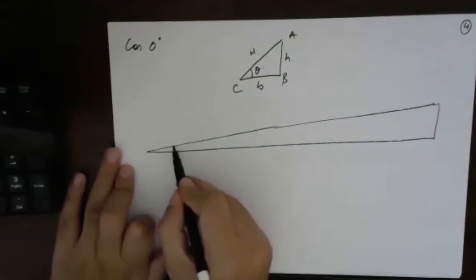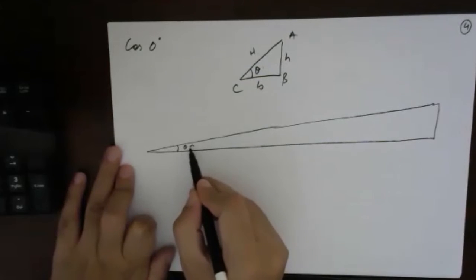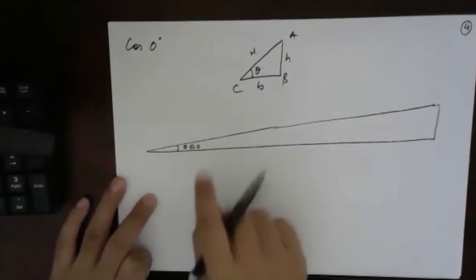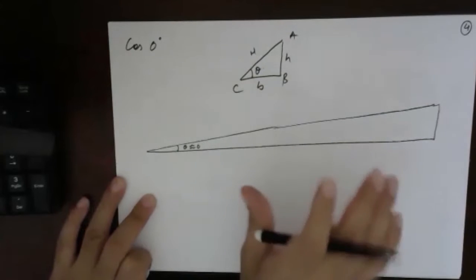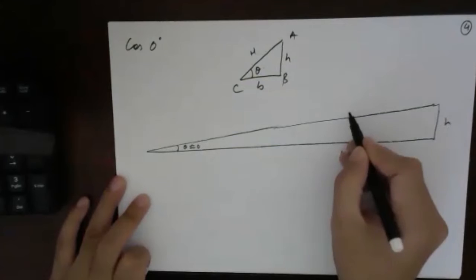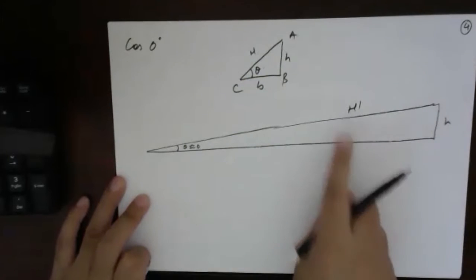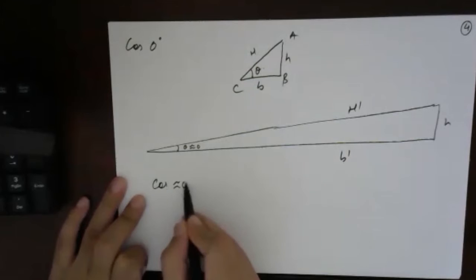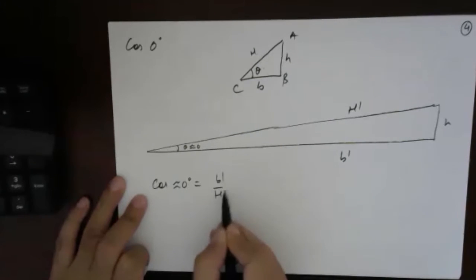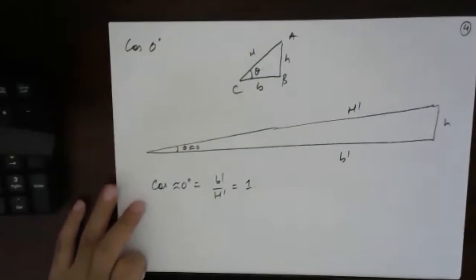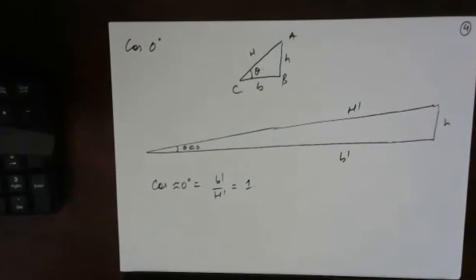So now this is theta. Theta is approaching 0. Now tell me, what two lengths feel approximately equal to you? This is H, this is B dash, this is H dash. B dash and H dash feel equal, base and hypotenuse. So cos of approximately 0 degree is equal to B dash upon H dash, so we can say these are approximately equal. That is why we will write it as 1. Understood?